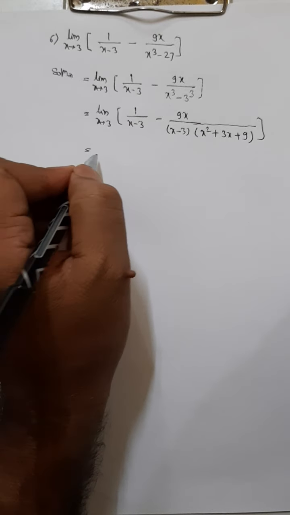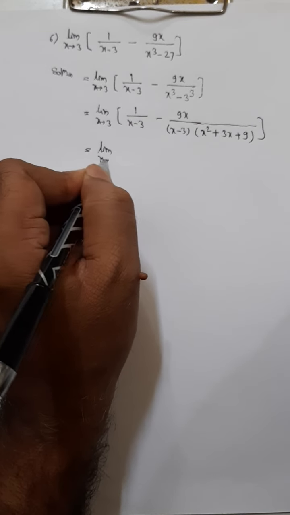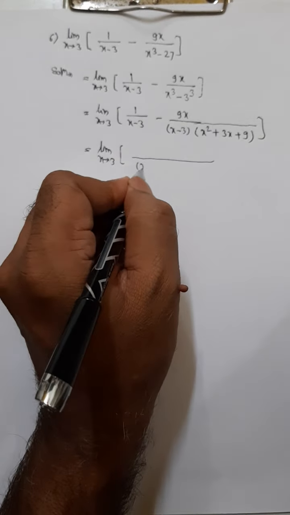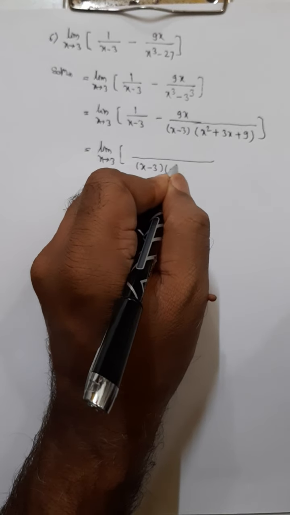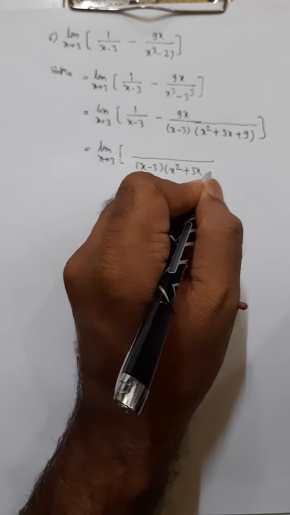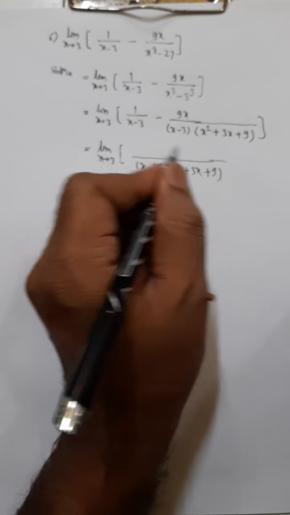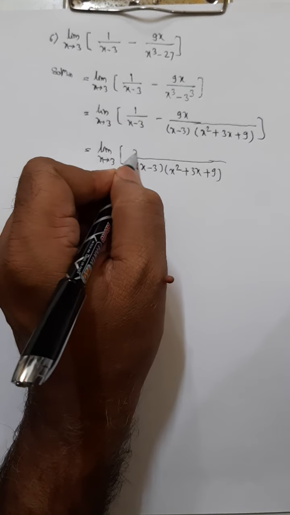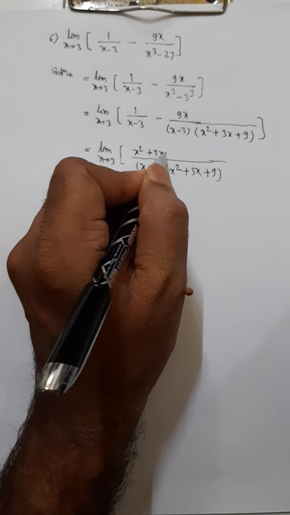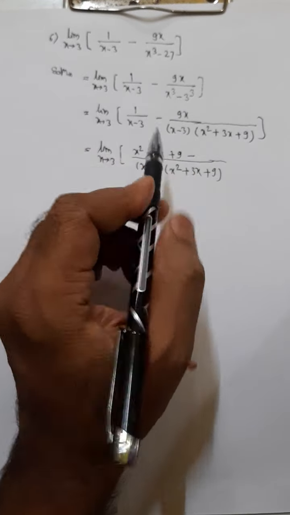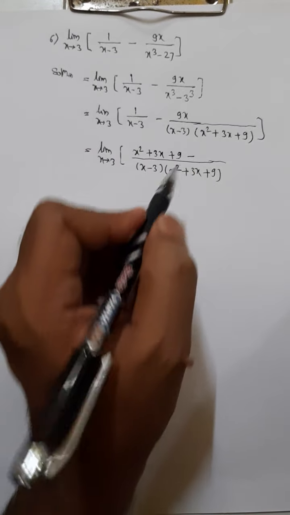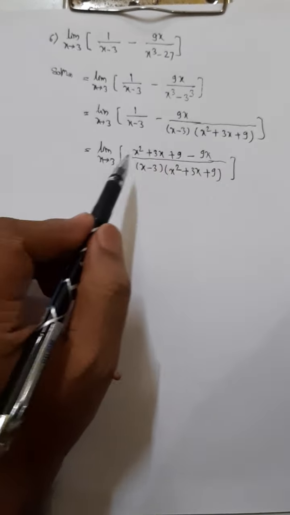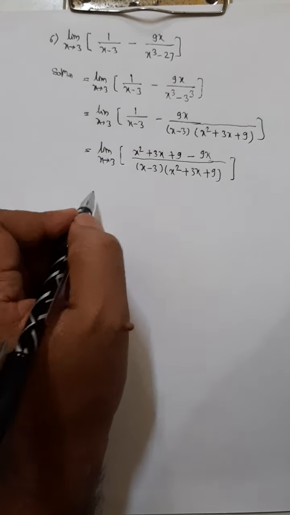So it is equal to limit as x tends to 3, then we take the LCM, take a common bracket for once here, x minus 3, second bracket x square plus 3x plus 9, or you can take cross multiplication also. Here x minus 3 cancels, and we get this bracket into 1, so x square plus 3x plus 9 minus, here the denominator and this LCM are the same, that is cancelled, we get 1, and 1 into 9x is 9x, or you can simply take cross multiplication, then simplify, after cancelling you will get the same.